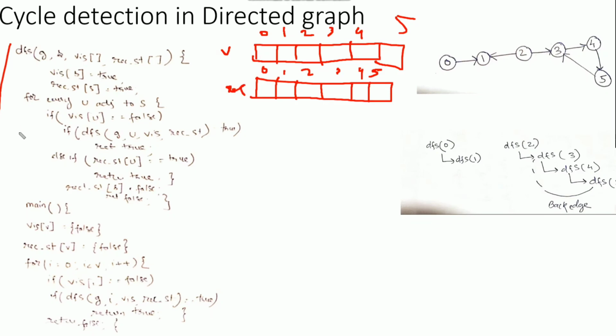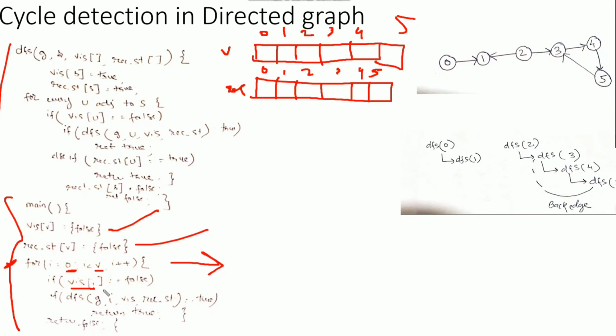This is my main function. First of all, I have initialized the visited array as false, and the recursion stack array as false. As the graph is a directed graph, I will be using this for loop, which runs from 0 to the number of vertices, so from 0 to 5.